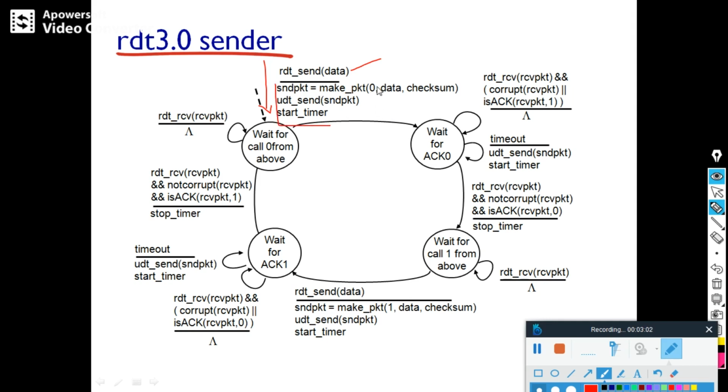Please remember, this is the sequence number, this is the data, this is the checksum. It will send the packet and start the timer. It will move from wait for call 0 to wait for acknowledgement 0.